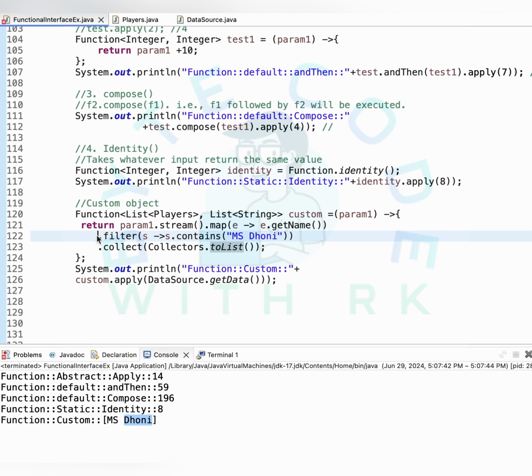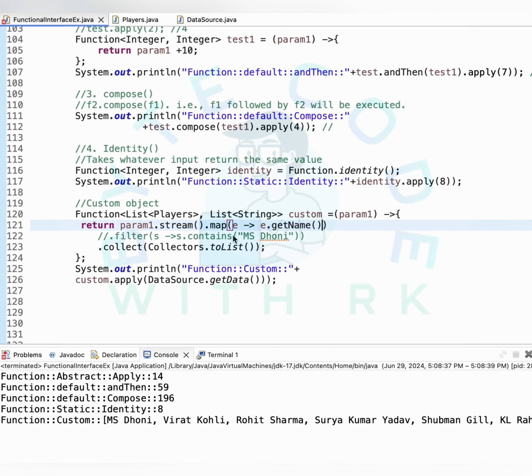Otherwise, if you are looking for all the players list, let me comment this filter and then run it again. See, I have the list of players because I'm not filtering with MS Dhoni now. I didn't put any filter condition here. I just commented the filter condition and then applied, so that I will get all the players list, means the players